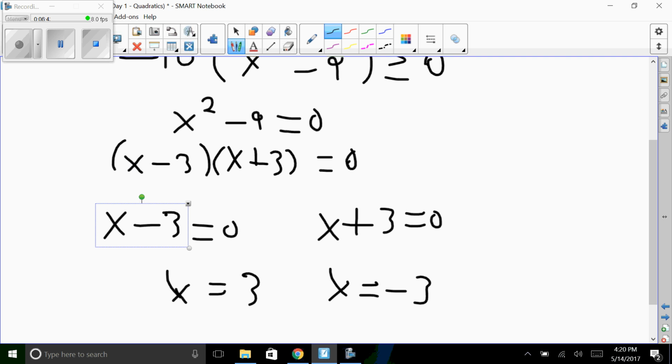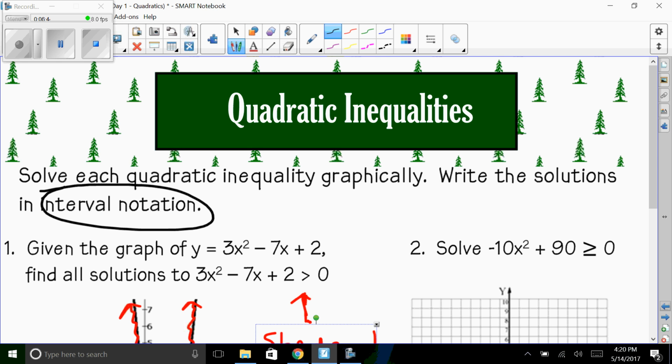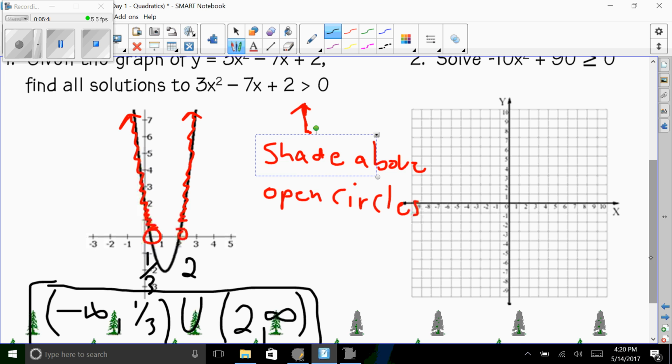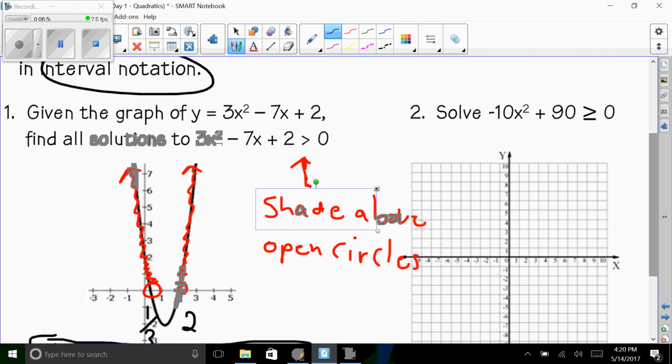All right, so let's go back to the question. And so now when you're graphing it, you always got to look at the leading coefficient. If it's positive, it's going to open up. But since this one's negative, it's going to open down. All right, so we know our two intercepts are negative 3 and 3. Also, this tells us right here that it's going to be